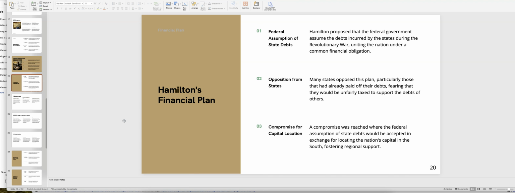But for number one, Hamilton, the Federalist, is pushing for the federal government to take on all the debts that the states had incurred during the Revolutionary War, of how to fight it. The South didn't want that to happen. And the reason why the South didn't want that to happen is that they were really scared that now that the Revolutionary War was won, this central government would end up taking more control and power over the southern states that, to be honest, were more economically